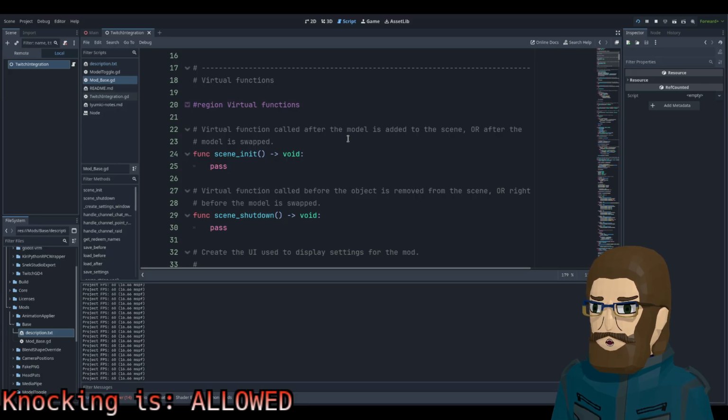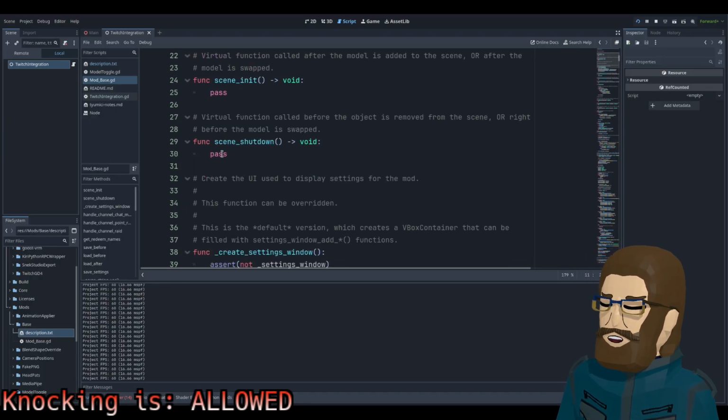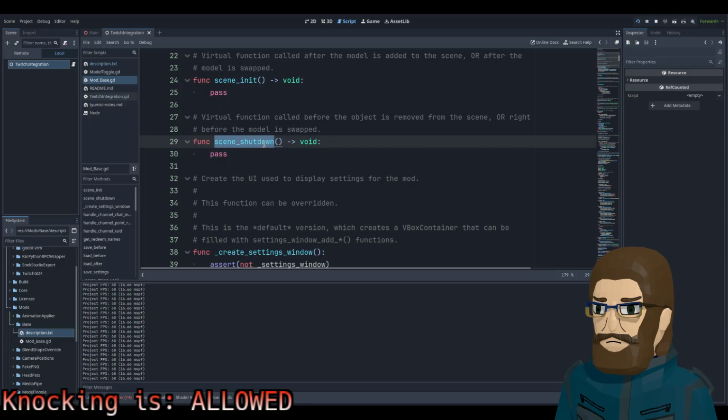Virtual functions. Called after the model is added to the scene or after the model is swapped. Scene unit. So we're passing. And passing is, I mean, it's not return. It's just don't do anything.